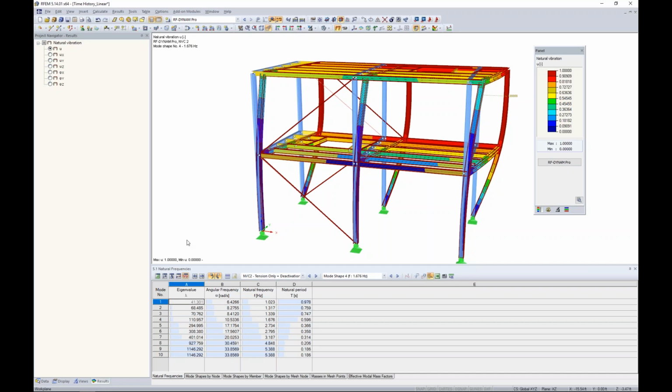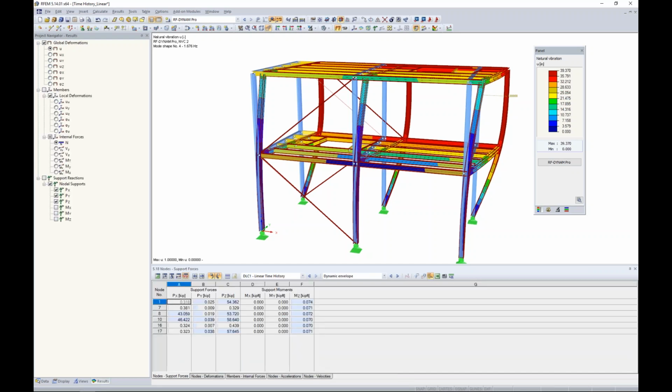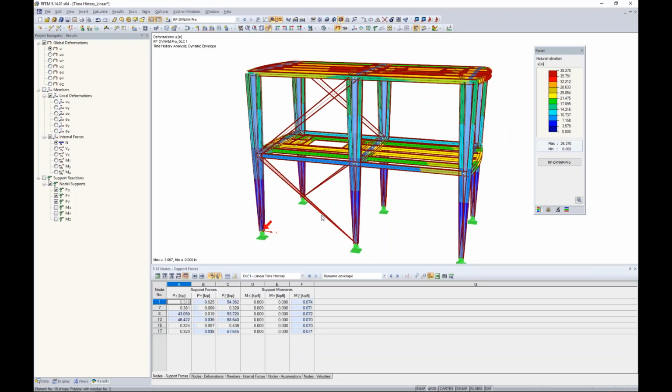So you might think, well, okay, let's jump back and just do another linear time history analysis, but we can't. If we were to take a look at our dynamic load case 1, linear time history, nothing's changed here. That's because those tension-only members are still being replaced by truss members. We're still going to see resonance because we don't even need a natural vibration case for this particular solver. They're not related whatsoever. So what we do need to do is to move on to a nonlinear time history